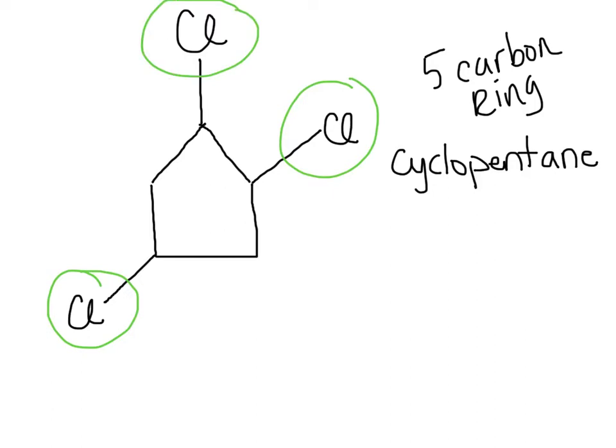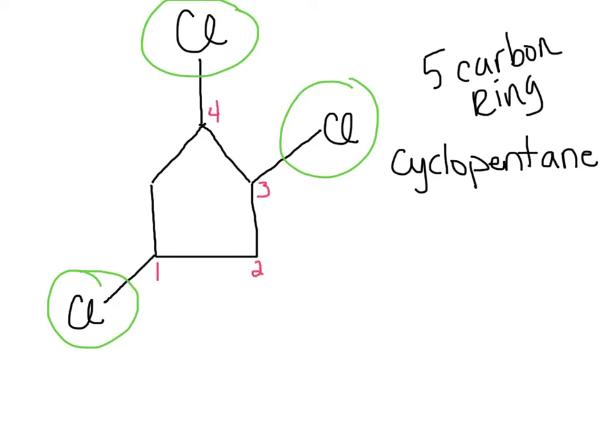Now when I look at the ring structure, I've got to figure out where to start counting. And I know that no matter what, the first substituent group is always going to be carbon 1. So with ring structures, especially when I have multiple substituents, I have to count a couple of different ways, more than just left to right and right to left, because we can determine where our 1 atom is. So I'm going to show here in red, I'm going to start counting here 1, 2,